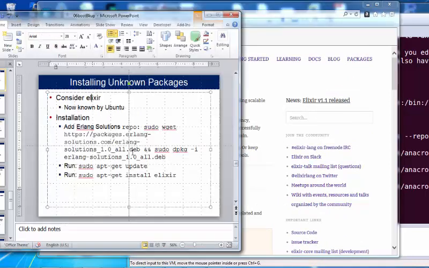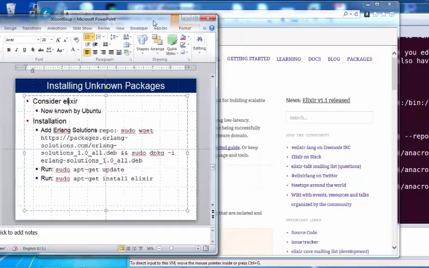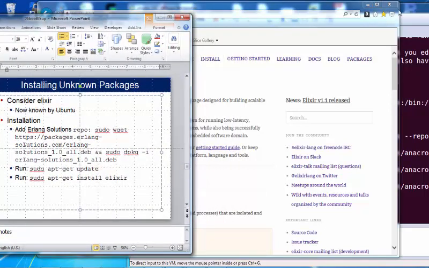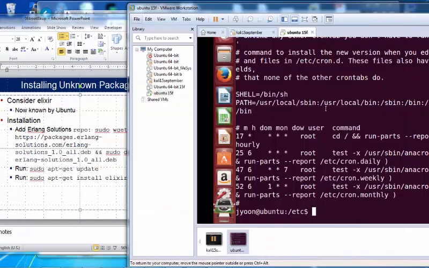Erlang-solutions.com has the package of that, right? So what you need to do is, first, on your system, run sudo apt-get install elixir.